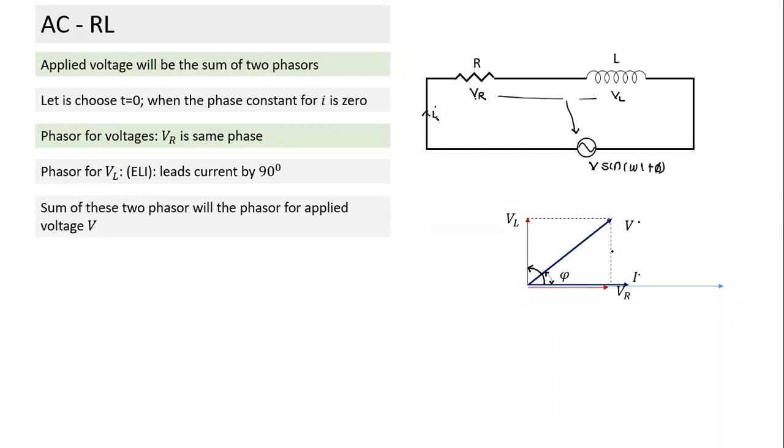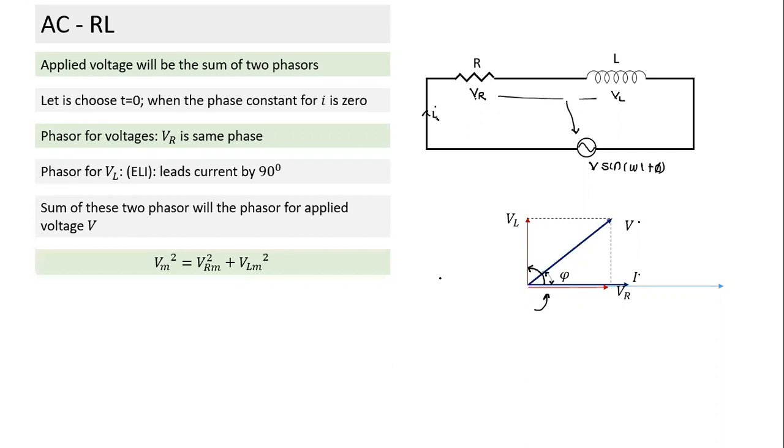So there are some quantities. Now we can fill in those quantities, using the angle phi to represent the phase difference between voltage and current. And actually, who's leading in this case? Current leading or voltage leading here? Voltage is leading current by phi. This is the angle by which the phasor rotates.